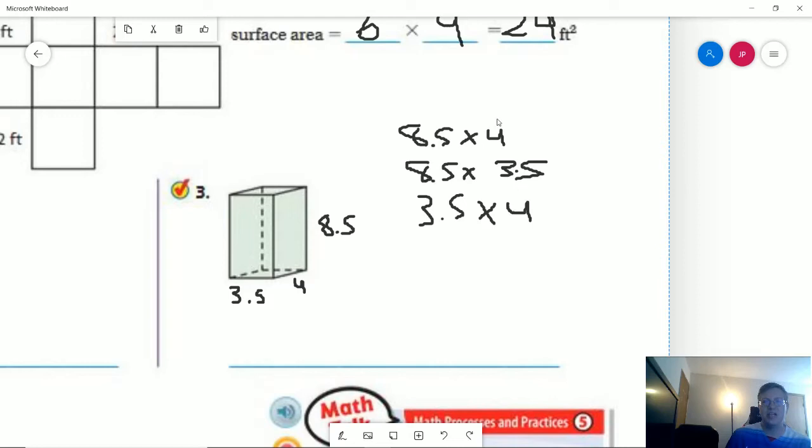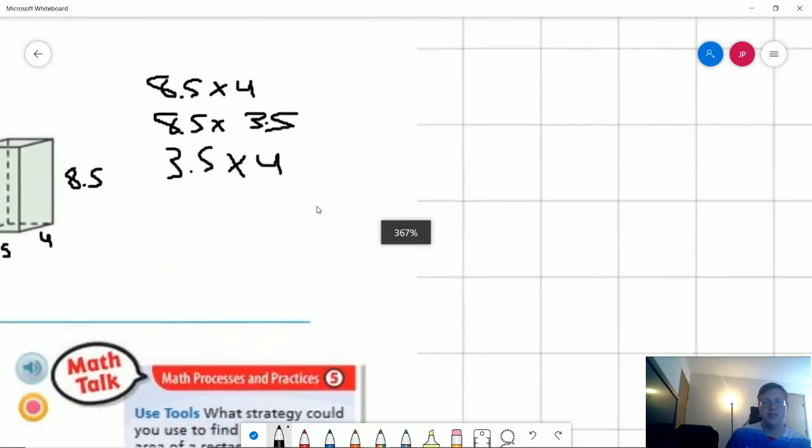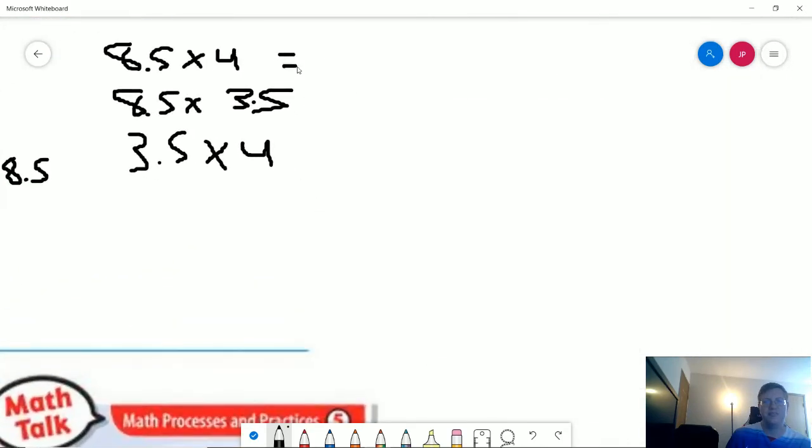Otherwise, you can follow along with me. So I'm going to get 2 for this part. I'm going to get 32 for this part. So that's going to give me 34. And this is going to be for each of them. So at the bottom, we're going to have 2 of these. So we're going to do 34 plus 34